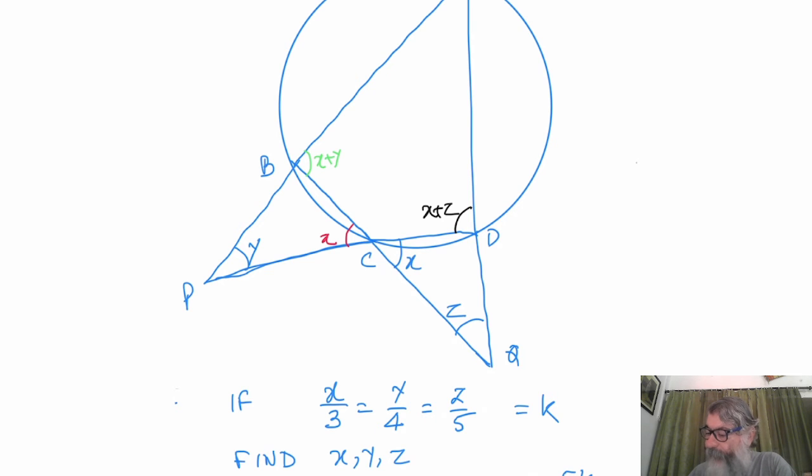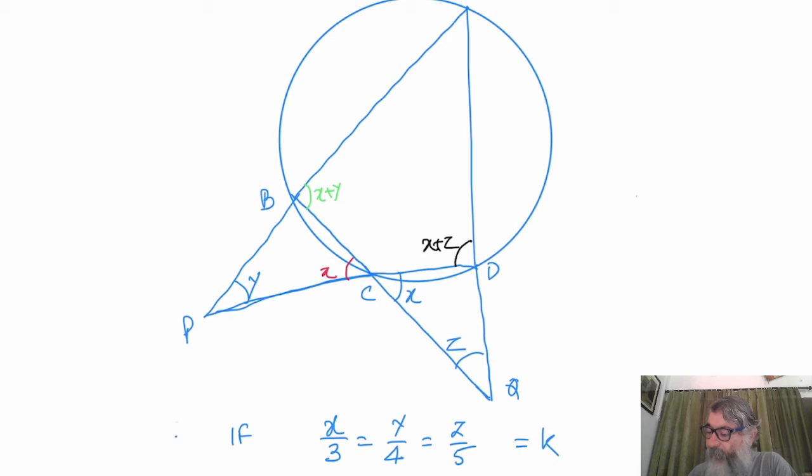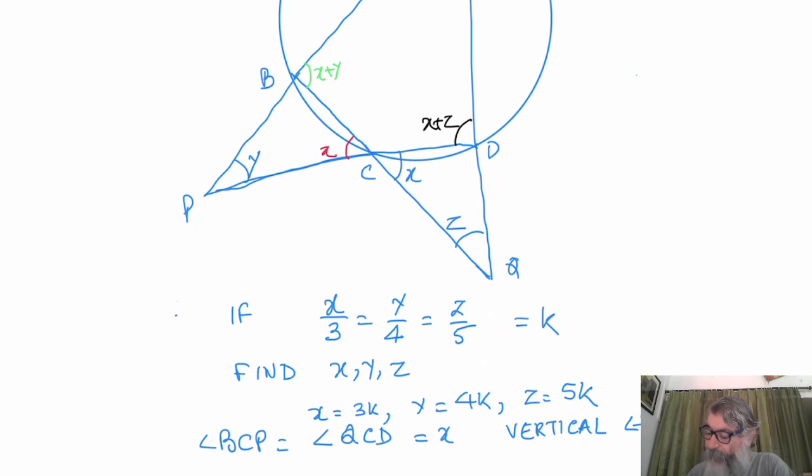Then once we have made this, I would say that angle ABC will be X plus Y, exterior angle of triangle PBC. I make it more clear by writing the name of the triangle also, so that you understand which triangle I am talking about and of which triangle this is the exterior angle.